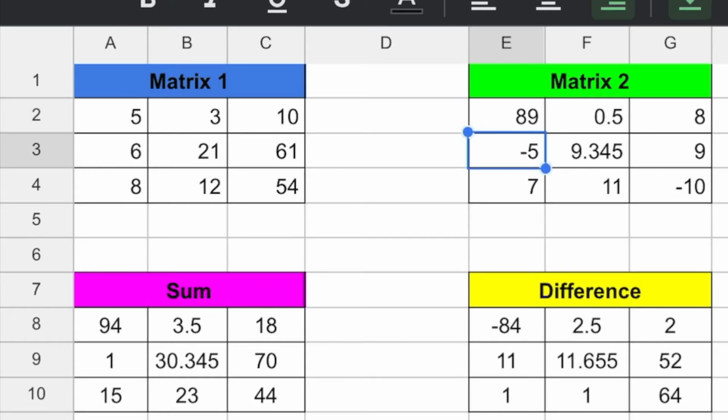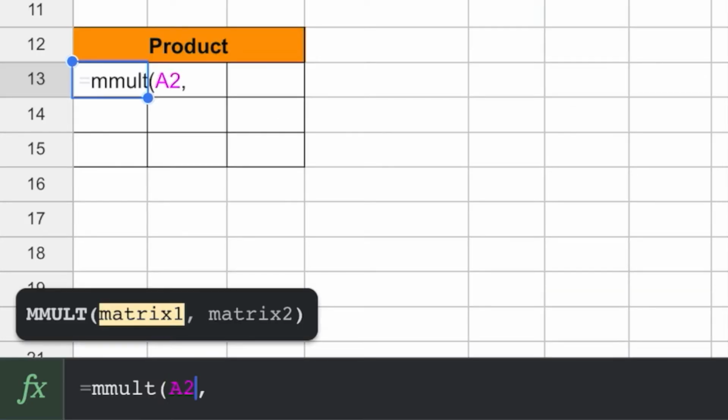Notice that I can change any number in matrix 1 or 2, and since the formula is already typed in, it automatically calculates the sum and difference of the matrices. For the product, we're going to use a formula that is pre-programmed. It is MMULT. That's for the multiplication of a matrix. So notice on the screen you have equals